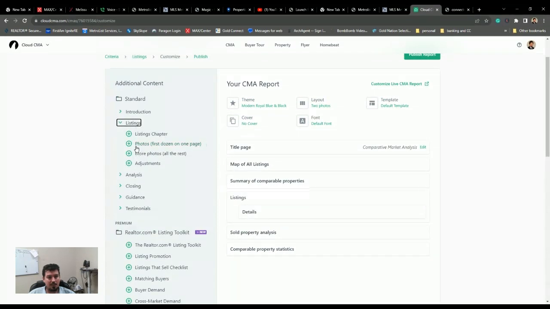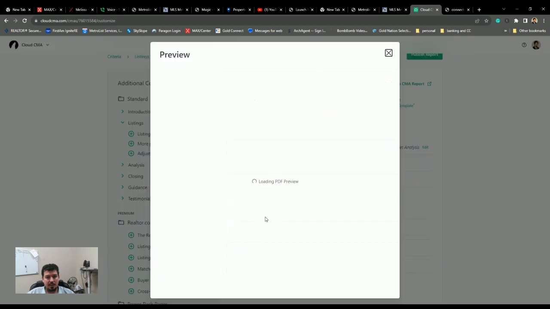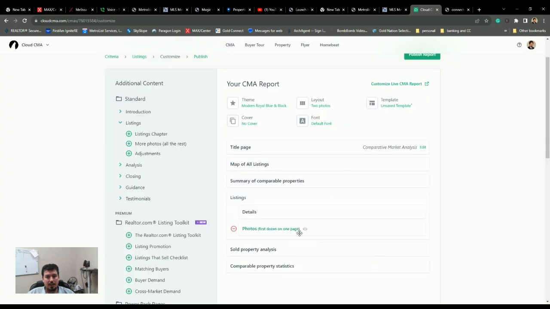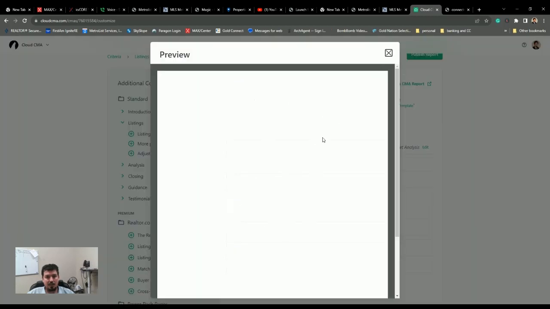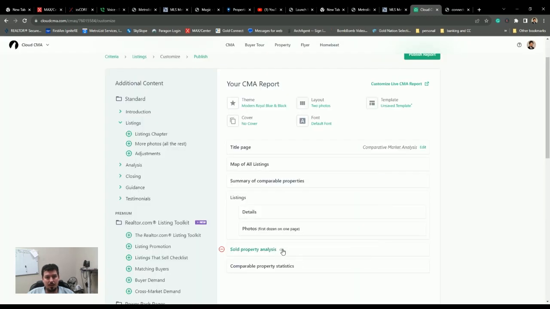I add the first dozen photos. So I'm not going to add all the photos because sometimes with 99 photos, you're going to be printing out 3 pages for each listing, and that times 9 can be a lot of pages. So each listing is going to have the listing detail with 1 photo on it, and then an additional page of photos, and then